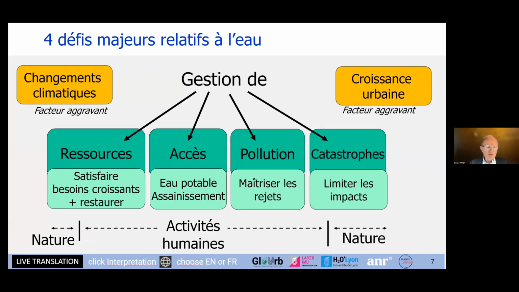So that's world governance, global governance. What about a global vision when it comes to water? If you look at this slide, and this is something that I have been using for 20 years, it explains what the main problems relating to water are across the planet. And there are four categories in terms of management: resources, ecosystems, access, control of pollution, disasters. And I usually explain that all of these problems are impacted by climate change and urban growth.